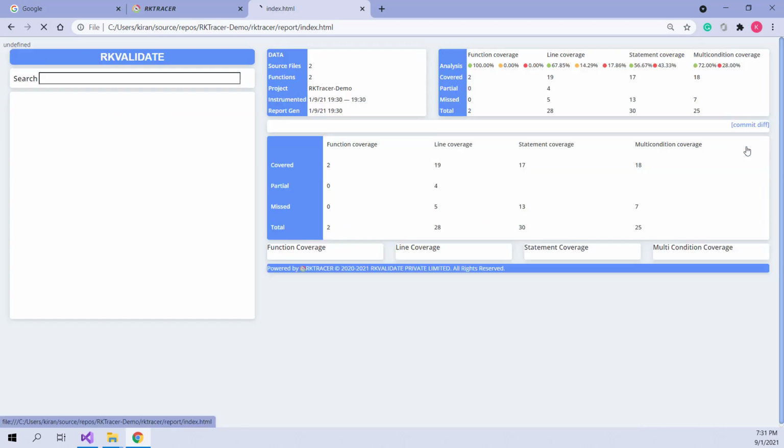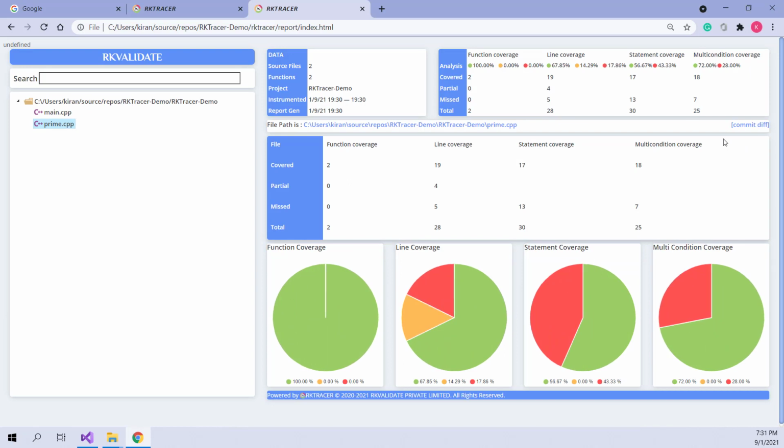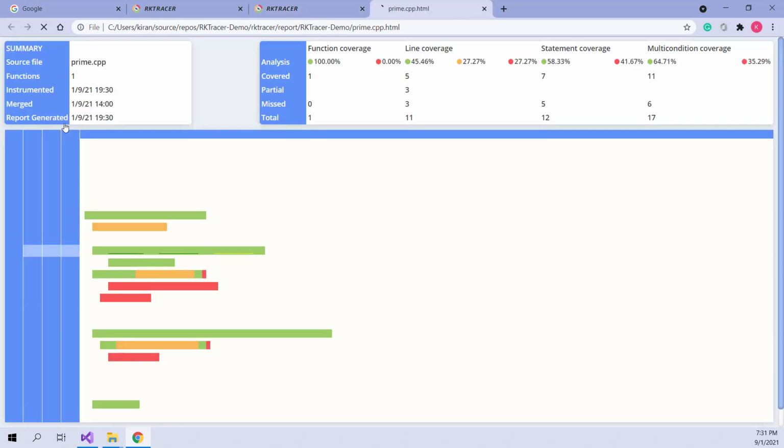Now let me go back to the overall, and let me go ahead and double click this, and you can see since we entered the three input values, it has executed thrice. We can also go ahead and append the coverage data, and we can see the similar data. Earlier this was not covered, now it has been covered. But what is the difference? So how do I see the delta code coverage?